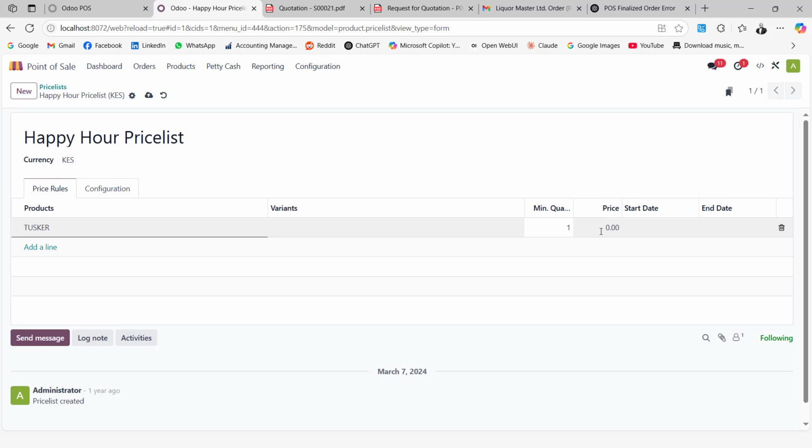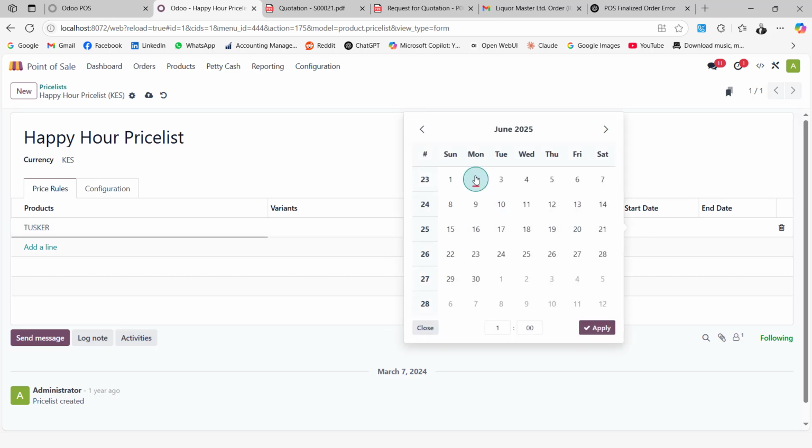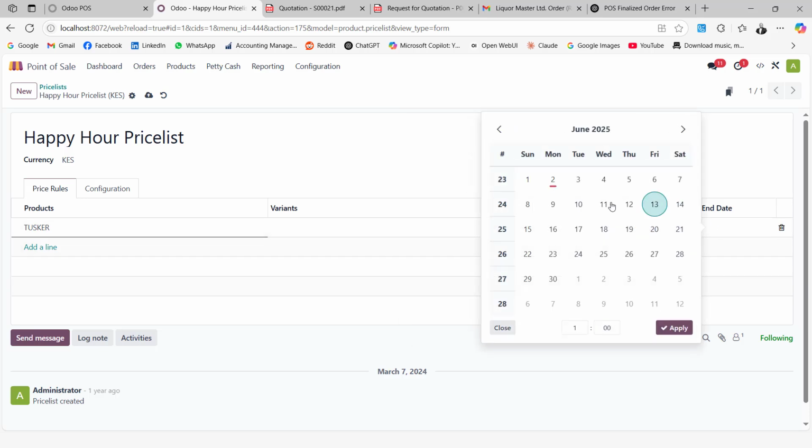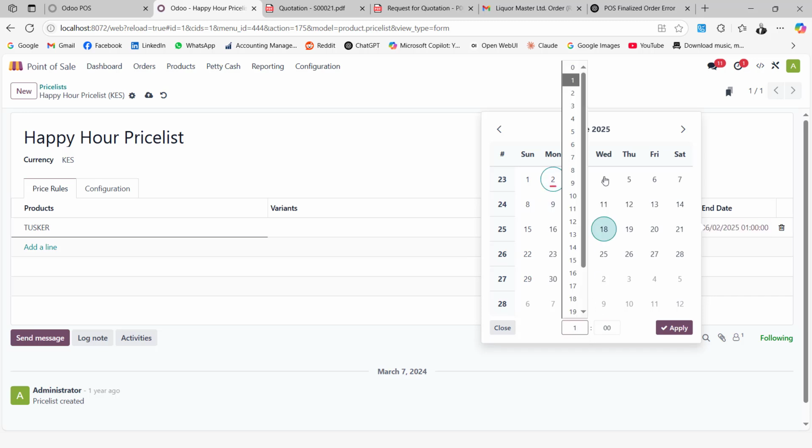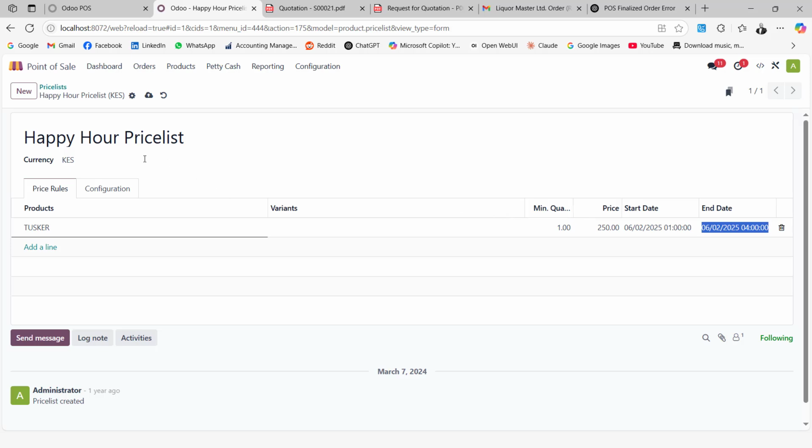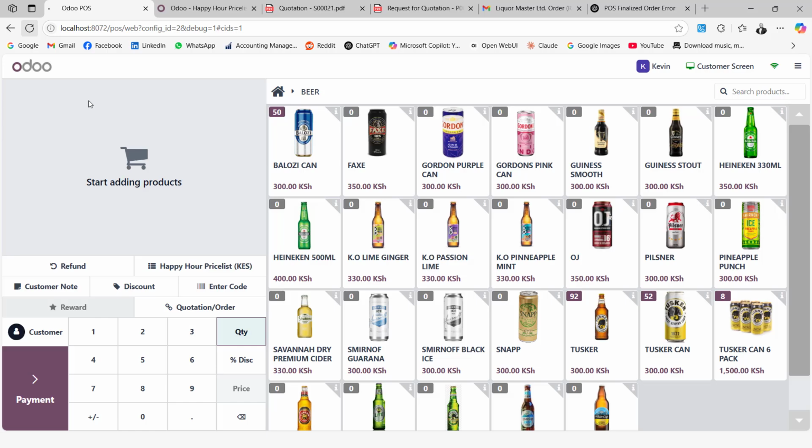So we can say one piece we are selling at 250, and you can define when this promotion will be running. Say for example, you can say it's running on this date. So if I come back here,